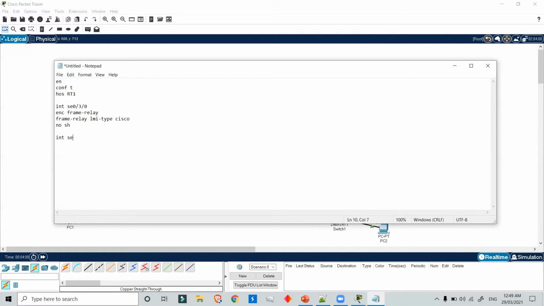So interface Se0/3/0.102. 102 basically means 1 is router 1, 0 is the separator, and 2 means router 2. So this command will provide a connection from router 1 to router 2.